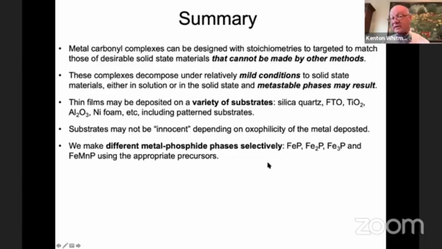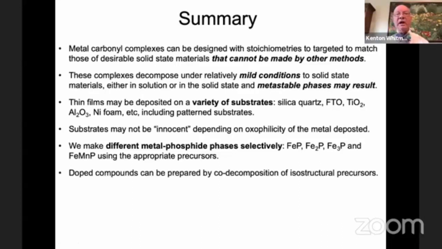But the point is that the opportunities are fairly wide open. We can make doped compounds or isostructural components for creating heterometallic species. And that also gives us additional range for this particular